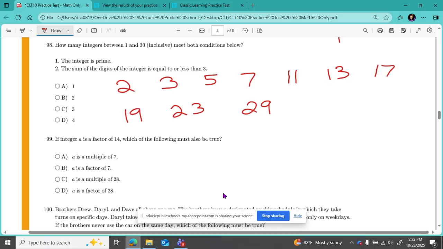The sum of the digits of the integer is equal or less than 3. 2 is equal or less than 3. 3 is equal or less than 3. Too much, too